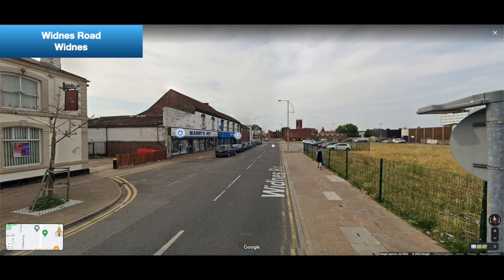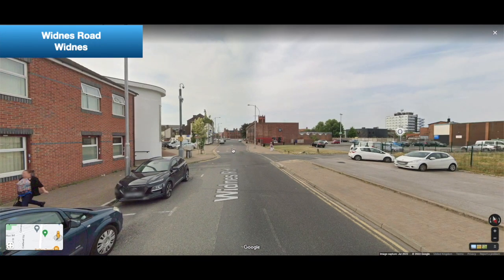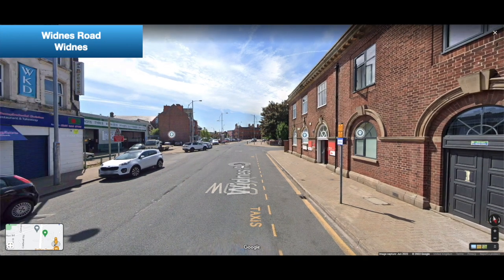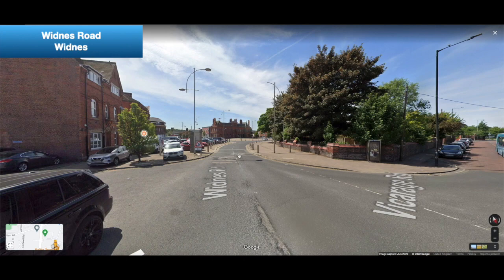So what did you think of that? Anyway, I've decided to turn back around and show you where the old Widnes market used to be. So if you just keep going down this road here, when we get there. So we'll keep going down just a bit more further,